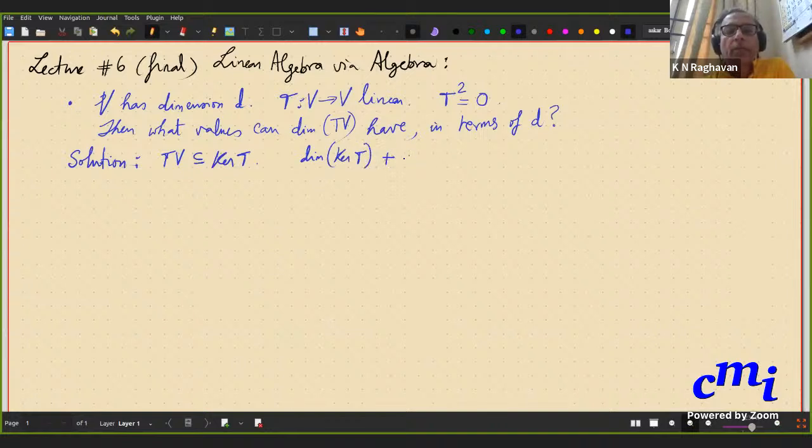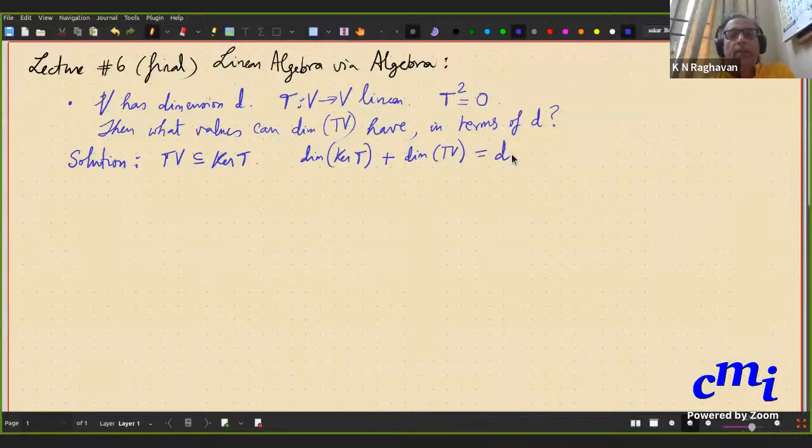plus the dimension of the range of T. Sorry, the dimension of the image of T. In other words, the range of T. Nullity plus the rank. This is the rank-nullity theorem. It is equal to D. Okay, so it follows that